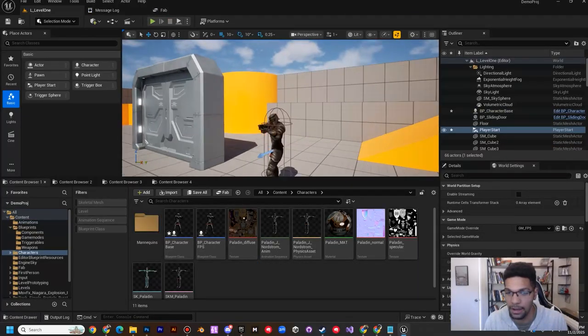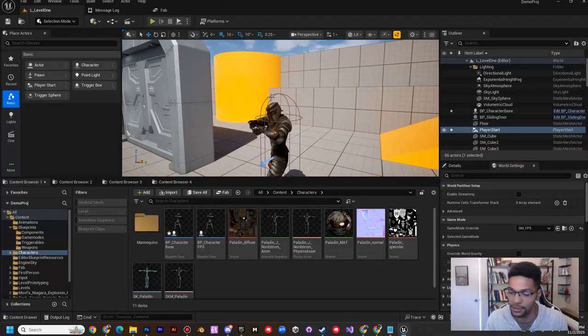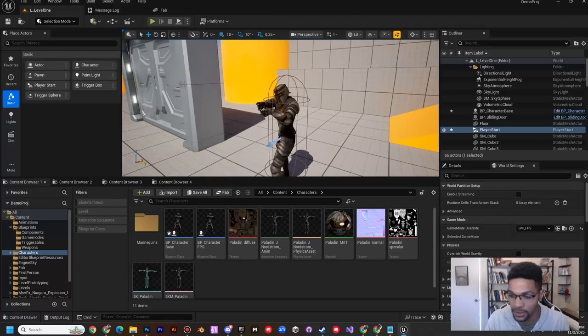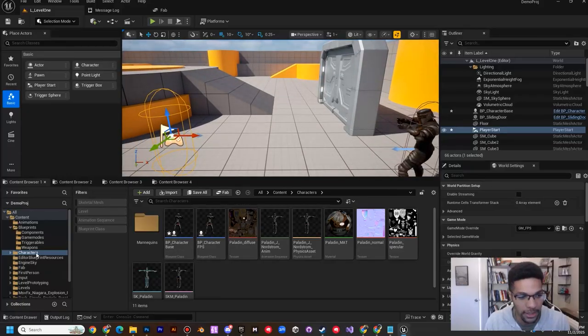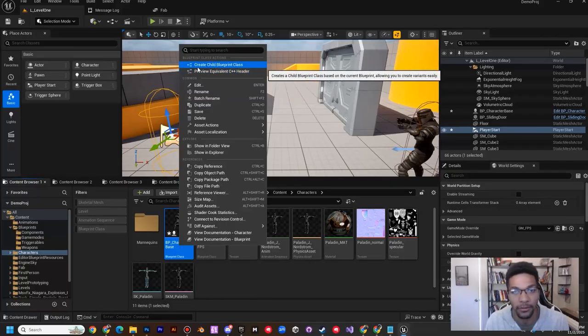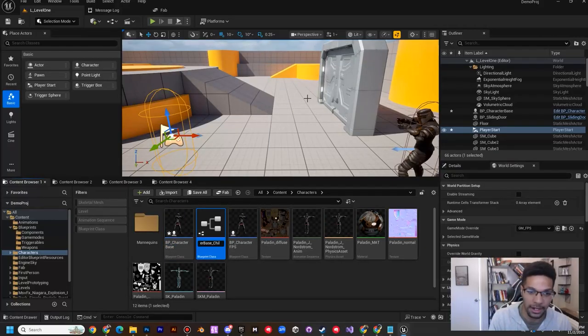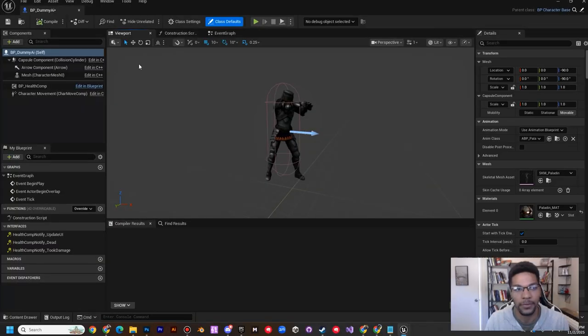No. When I was attacking him, it was making me actually play the get hit animation. So we're going to fix that in a second. First, let's make an official dummy AI. So in our characters folder, right click on the BP character base, which is the parent for all of our characters. Create child blueprint class. Name it BP underscore dummy AI. You can open that up and